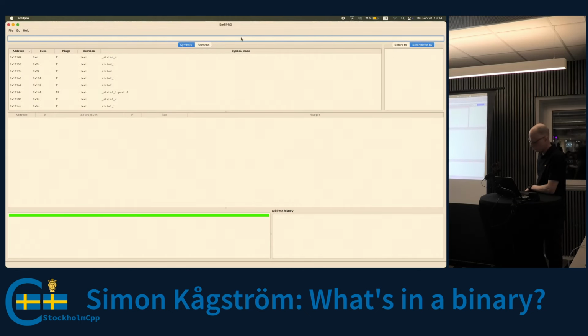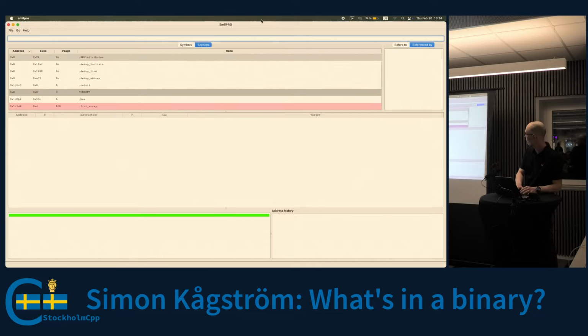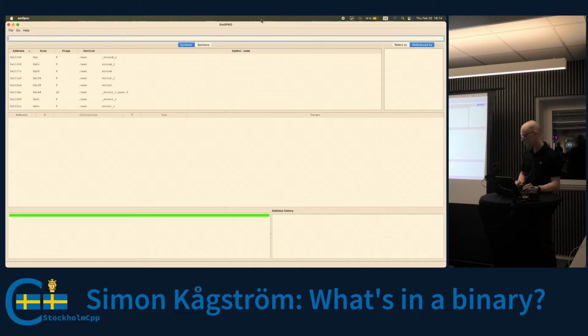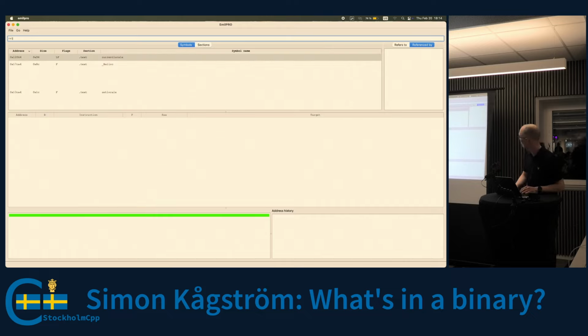I just wanted to show it before starting to talk about stuff. What you see here is symbols in the file. You can also show the sections in the file. And then the interface is basically inspired by Wireshark and a web browser. So you have this filter or location bar here where you can search for symbols or type in addresses. So the application is a sort of calculator. So I can filter and then find some symbol to disassemble,